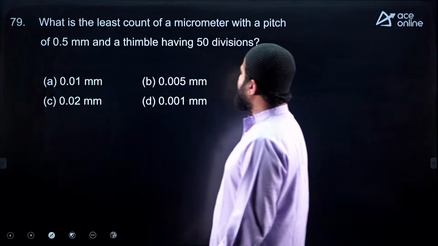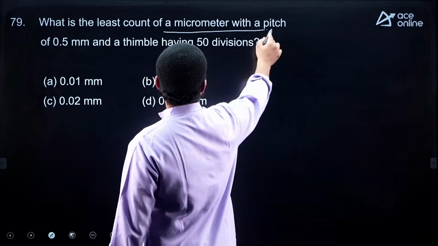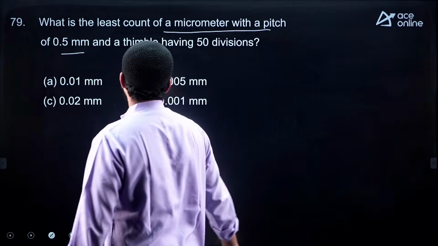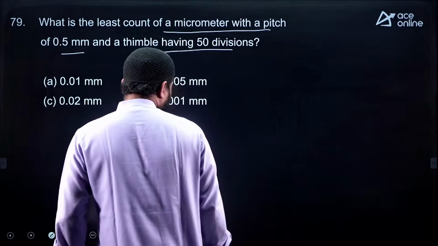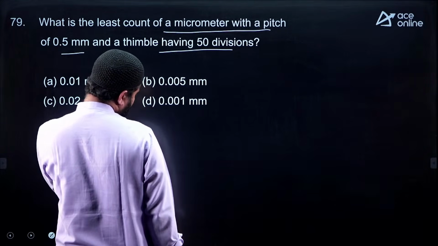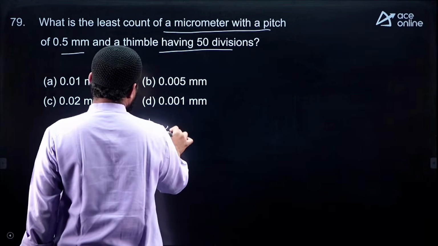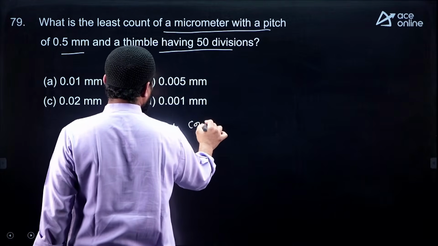Whereas for least count, they are asking the least count of a micrometer with a pitch of 0.5 mm and the thimble having 50 divisions. So in this case, based on 50 divisions, they are asking the least count. So the least count calculation will be like